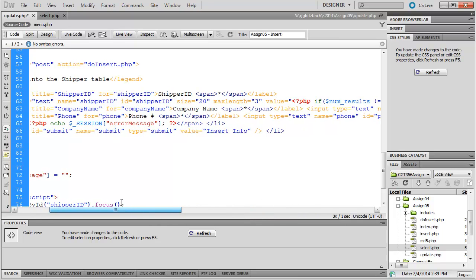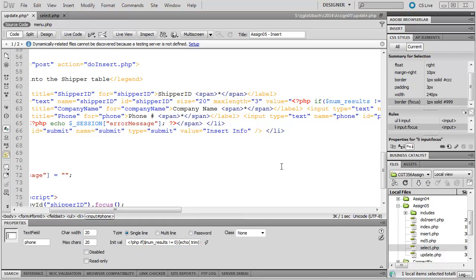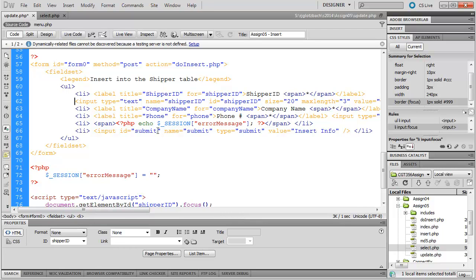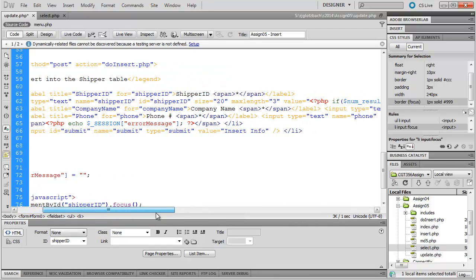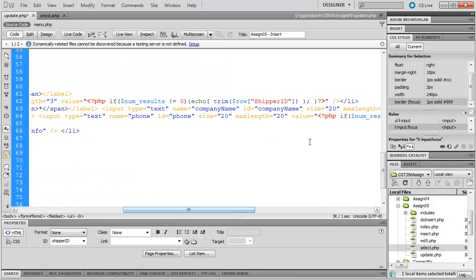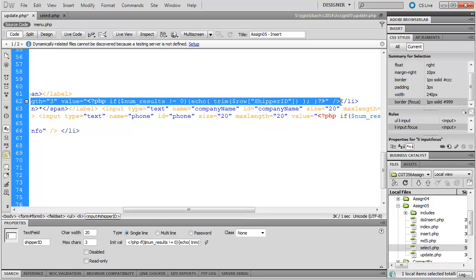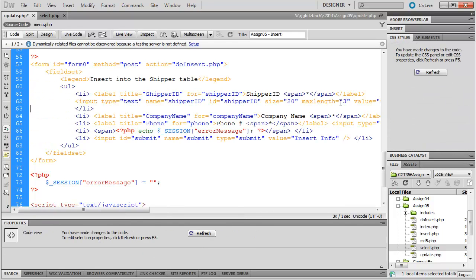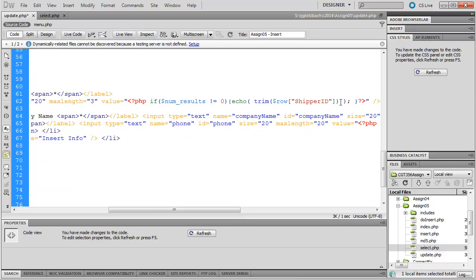So now I've done that for those three variables, and we can come back to looking at that shipper ID once again. The last thing we need on this page is we want to make the shipper ID so that the user cannot change it. So I started to put this input on a second line, and what we're essentially going to do is duplicate this. I'm going to copy that entire input,